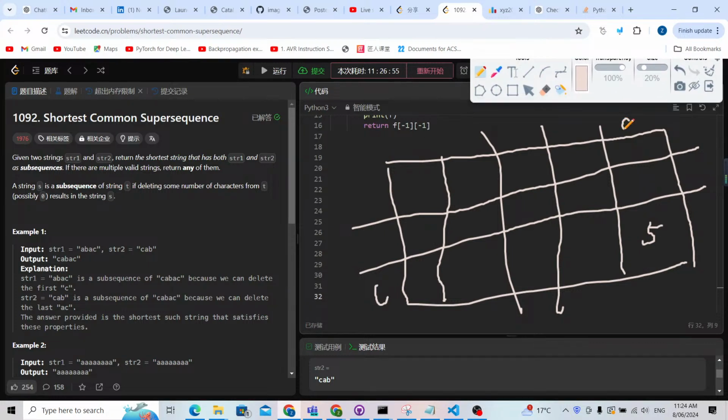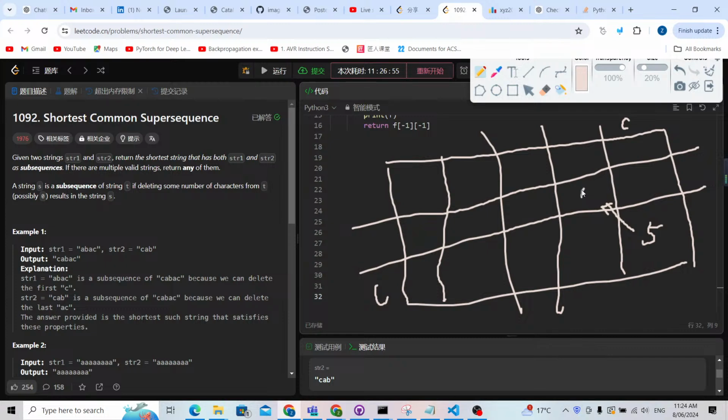So this means if they are equal, if this character equals this character, definitely I want to check this one, because this is common, they are the same. Definitely I want to choose this one. This is according to my DP function. I've already calculated the result, and maybe